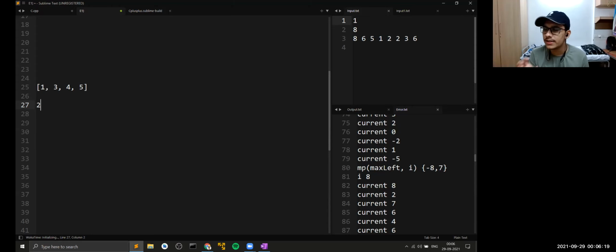So would you be inserting this 2 at the start or at the end? First of all, tell me this, if I want to maintain the minimum lexicographical order. At the end. Why would we insert at the end? Okay, because let's not talk about why. Yeah, exactly. Let's not talk about why. Let's just look at them. What would happen if we insert at the start, and what would happen if we insert at the end? Okay.